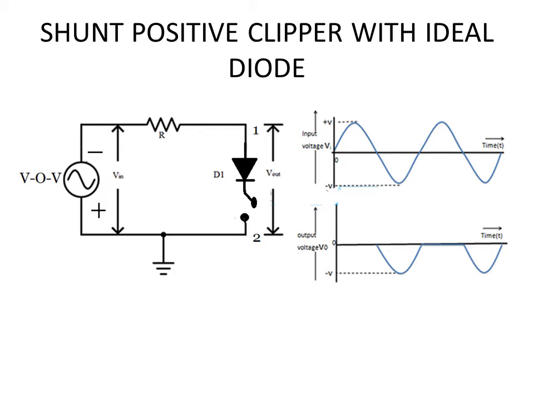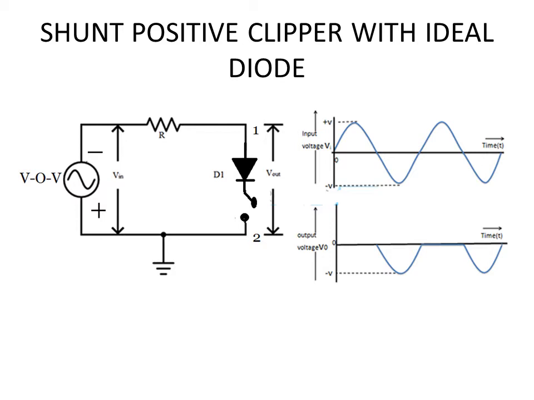So when you try to measure the voltage across the diode, what we are going to see is it is like an open circuit. In the place of the diode, it is like an open circuit. So whatever is your input, you will be able to measure between the points 1 and 2. So that is what is happening during the negative cycles. During the entire negative cycle, the diode will be reverse biased, which means the output device will be measuring whatever is present in the input.